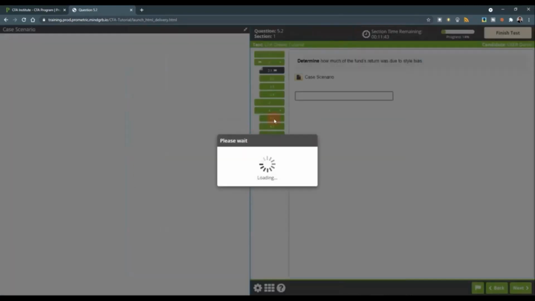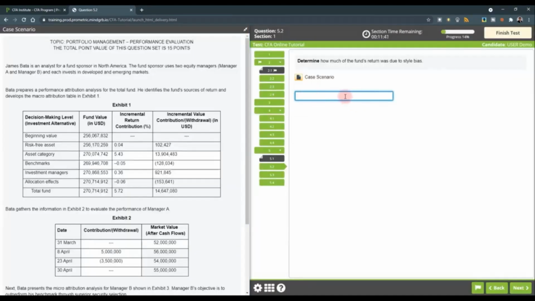Then here 5.2, there is just a fill in the blank. It seems that for this type of question, you can only fill in the answers. If you get it right, then you're right. If it's wrong, then you will get no marks. So if there is no empty box for you to fill in your workings, then pay close attention to the instruction, whether they want you to answer in percentage or in decimal, and how many decimal places they want you to insert. They will give you the instructions, just follow them.